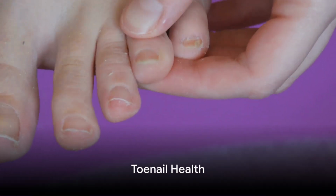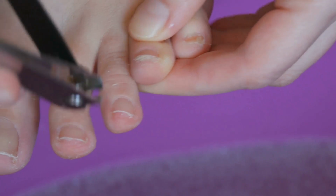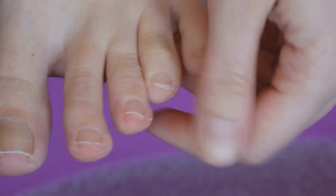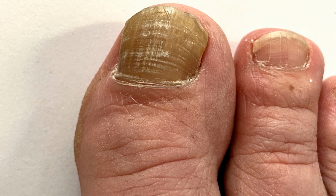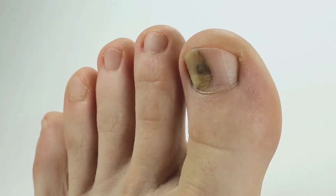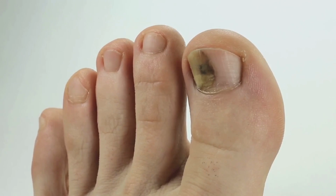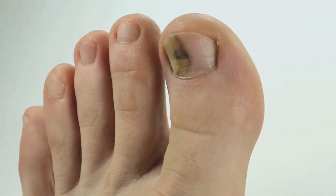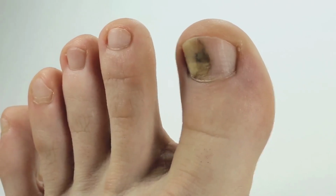Your toenails can be a powerful predictor of your health. This may come as a surprise to some, but it's absolutely true. Toenails are not just there to be painted or clipped, they can provide key insights into your overall health. Let's start with color. Healthy toenails are usually a clear, slightly pinkish hue. If your toenails start to change color, it might be a sign of something going on. For instance, a yellow discoloration could indicate a fungal infection. While this might not sound too serious, if left untreated, it can lead to more severe problems like pain and